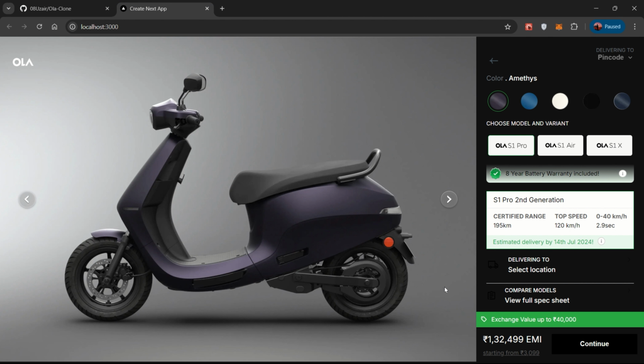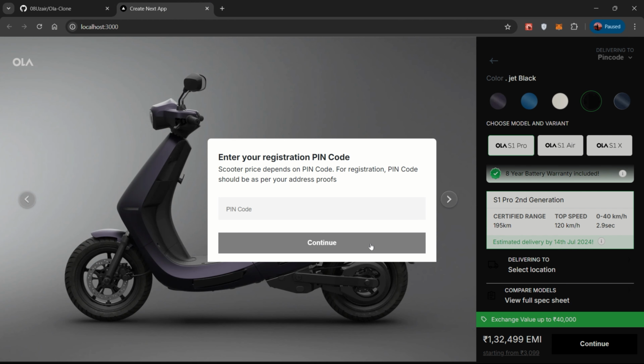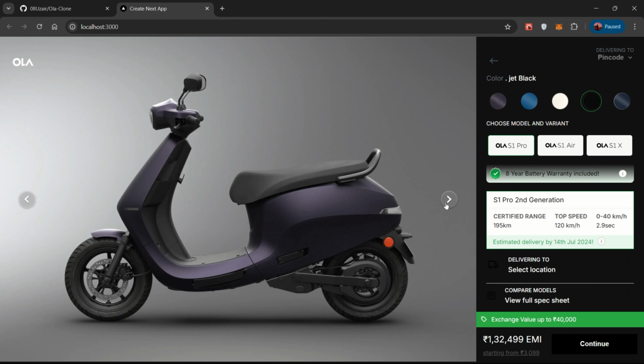So you can see the colors, here the models, and here you can pay for continue. Here you can write a pin code and click on continue or else. Here you can see the image gallery,